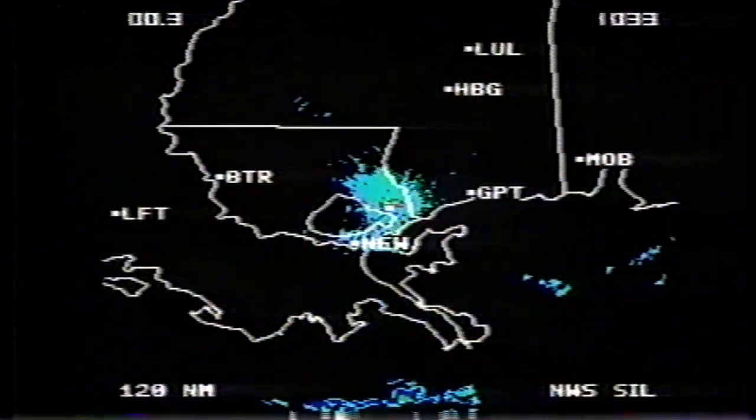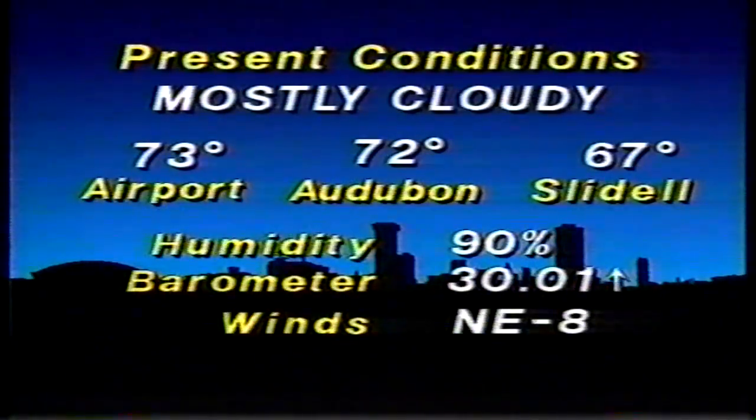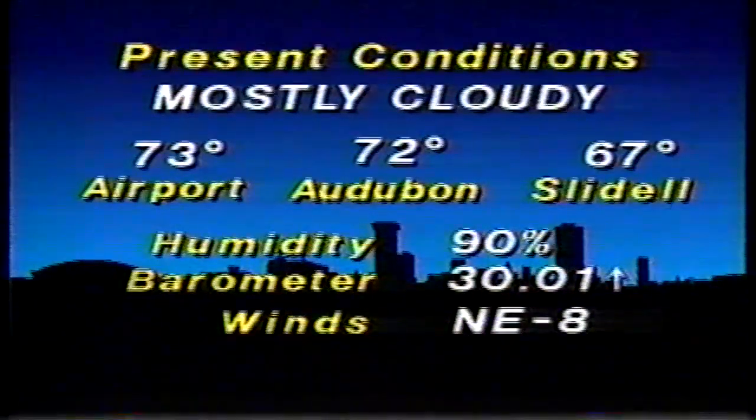Outside right now, we are reporting temperatures on the mild side. It is 73 degrees right now over at the airport, 72 at Audubon Zoo, in Slidell, 67 degrees. The relative humidity is way up there. Barometric pressure is now steady. The wind's out of the northeast across the two states. Temperatures are on the mild side, mostly in the low 70s to upper 60s, right along the Louisiana and Mississippi